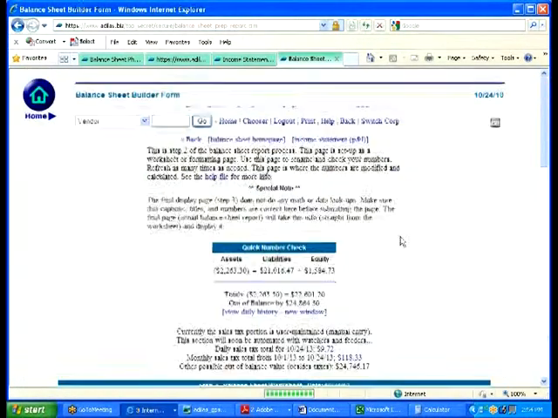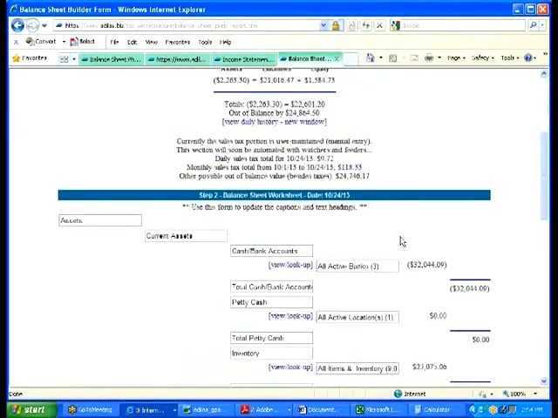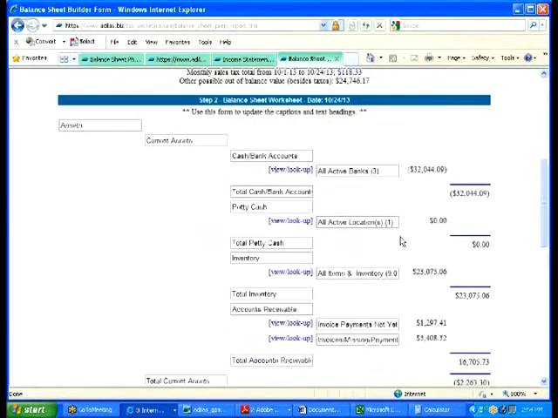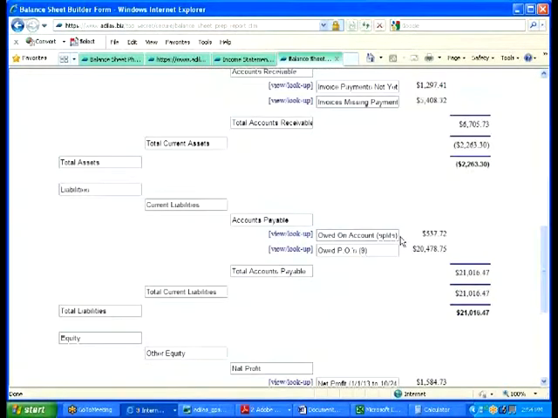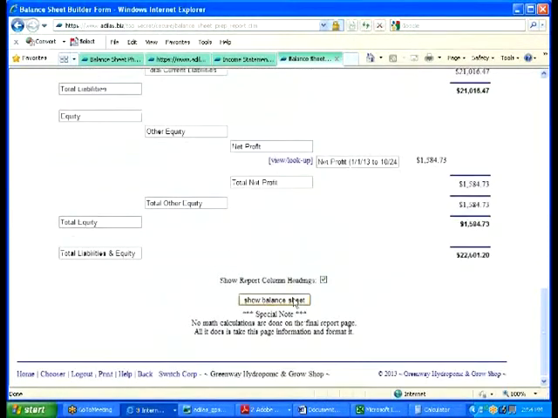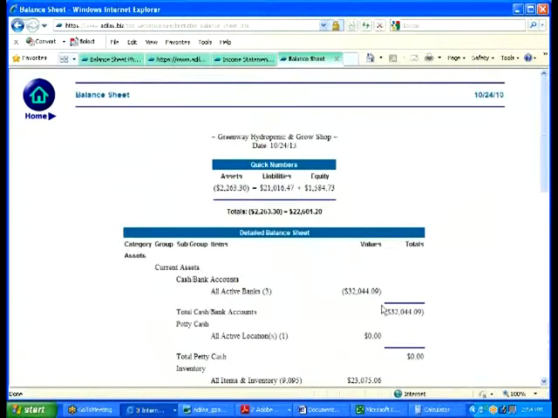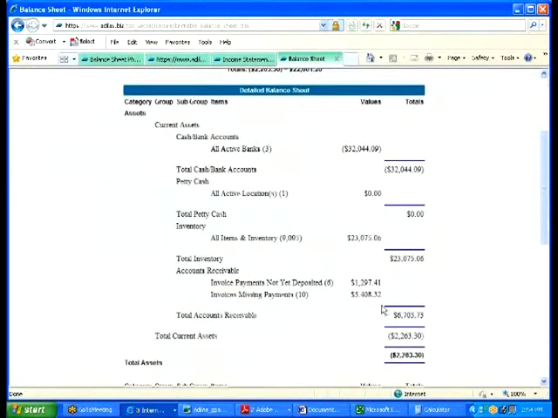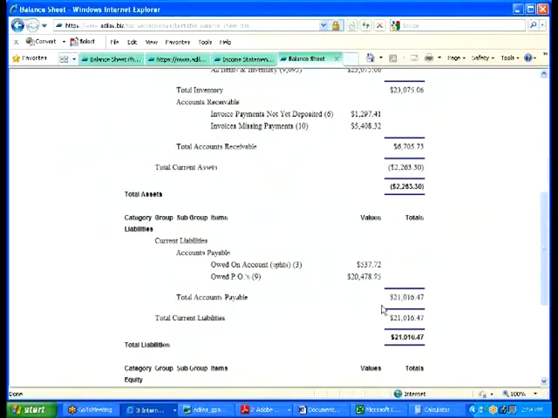Okay. Now, if you scroll down, basically this allows you to even edit some of the verbiage, if you will. Scroll on down a little bit further, all the way down to the bottom, and say do it. Okay, so this basically gives you your assets, sums up your assets and your total liability. It kind of makes it look a little bit more